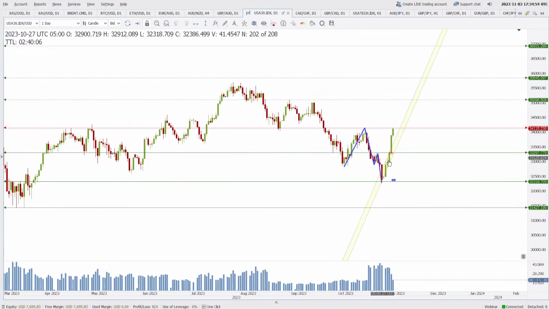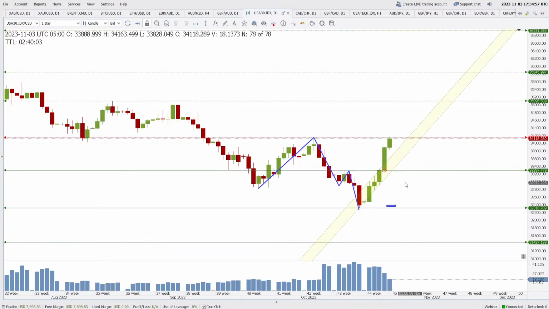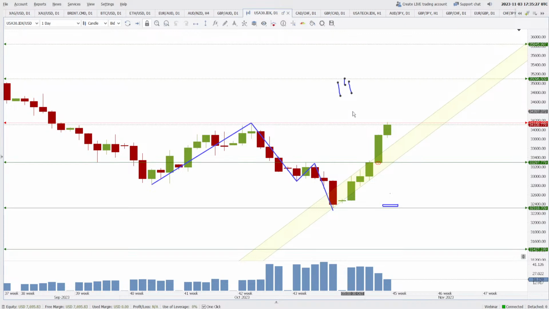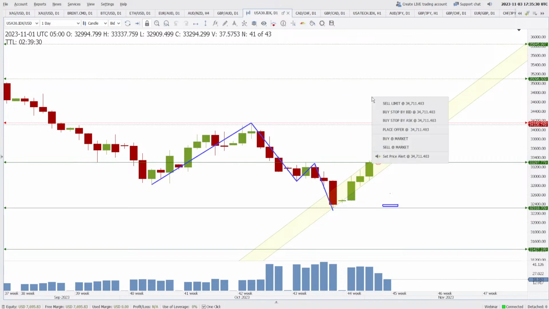US 30, Dow Jones has hit the resistance. We talked about it yesterday, that since the price has come up, the next level of resistance will be 34,148. After this, we have resistance at 35,096, but expect the price to drop from here. That is what I am expecting. But my expectation doesn't become real every day, so we have to wait and watch what happens here. If enough sellers are there to push the prices lower, then it must also become like this. If that happens, then we wait for this break and then we go down. Otherwise, we don't do anything right now.